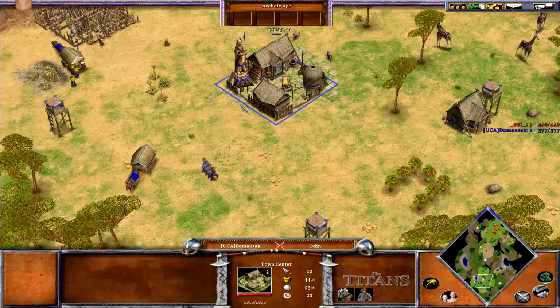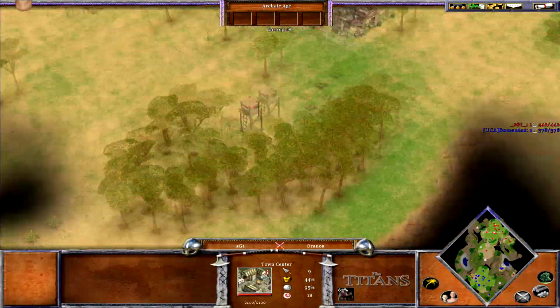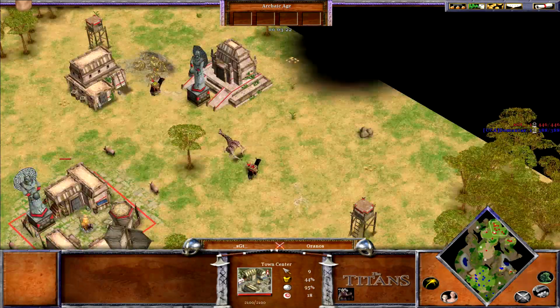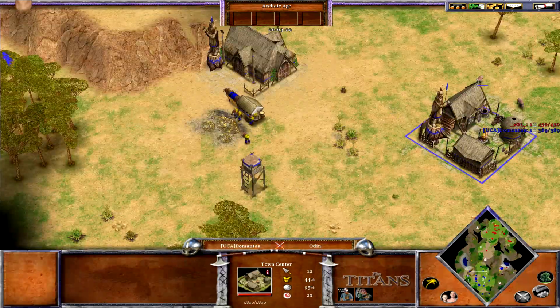Yeah, 4 gold, 4 wood. But he can't advance yet, so he's just adding on another vill. And the 430 is going to come out from Sergeant here. Yeah, so this should be a very aggressive matchup. Like I said,